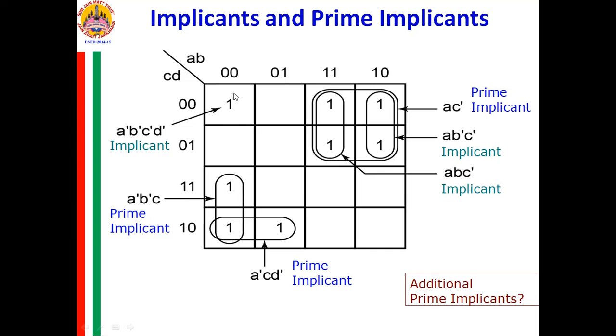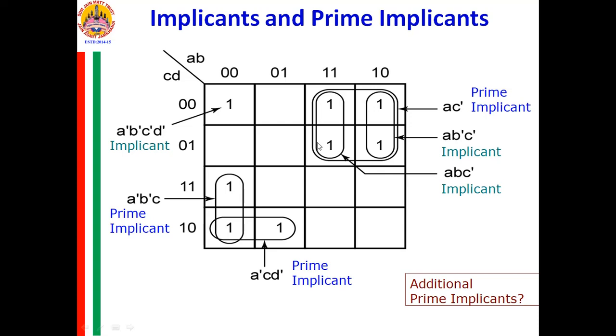So if you have the function value equal to 1 for 0, 2, 3, and then 5, 6, and for 6 it is 1, and then 8 and 9, 12 and 13. For those it is 1. Now all these are implicants. Any group of ones can be written as implicants.